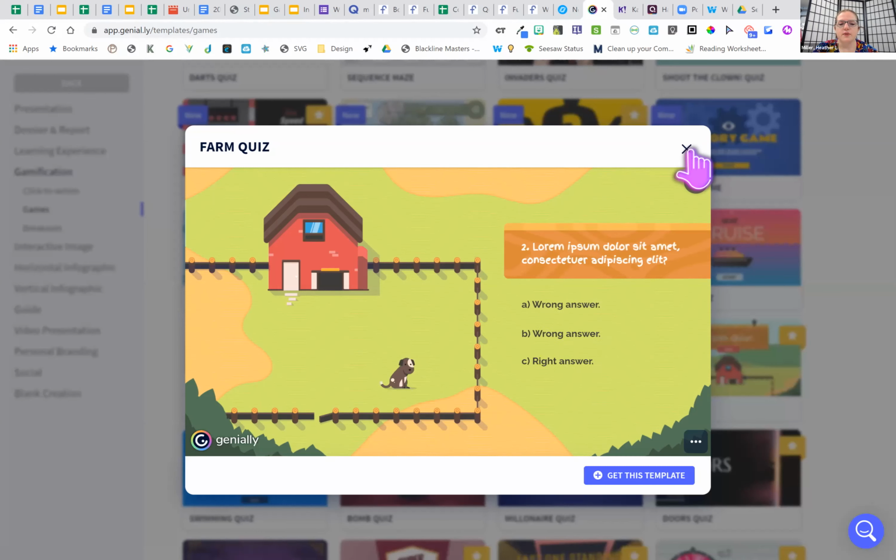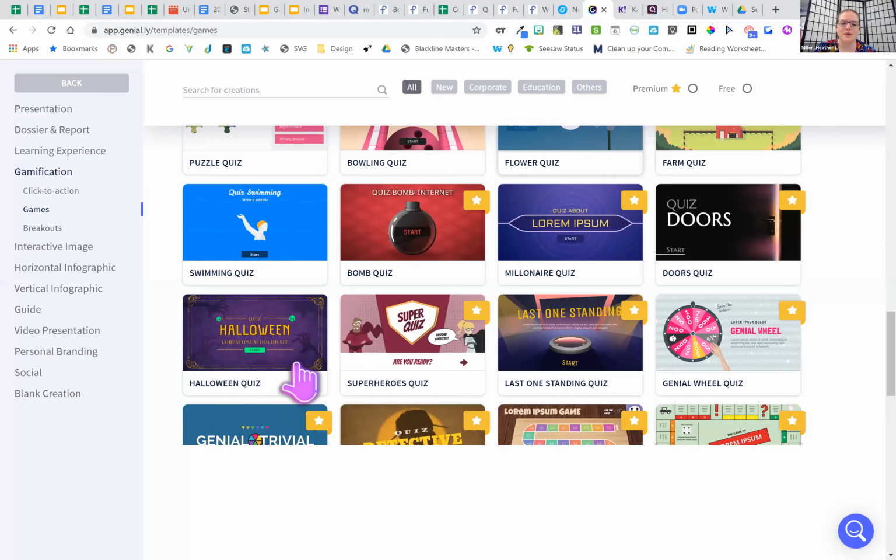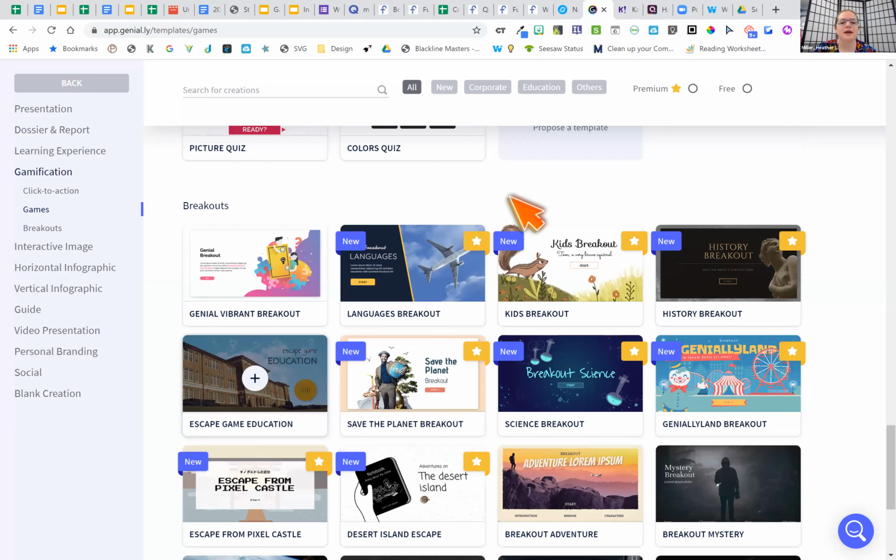Now, the very bottom things are breakout rooms, which I think are just a really fun way to get your students motivated and to work as a team as well. But what I want to show you is that, as I mentioned before, I have the free version and all of these stars are the paid version.